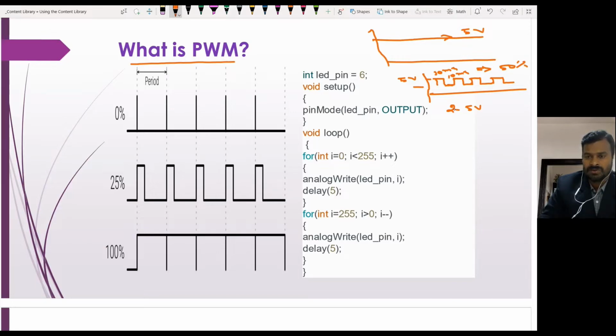The voltage will be reduced to 2.5 volt. So by varying this duty cycle, I can vary the output voltage.